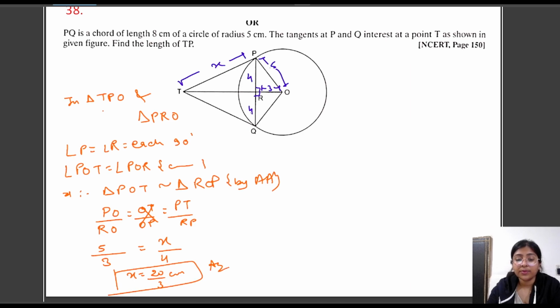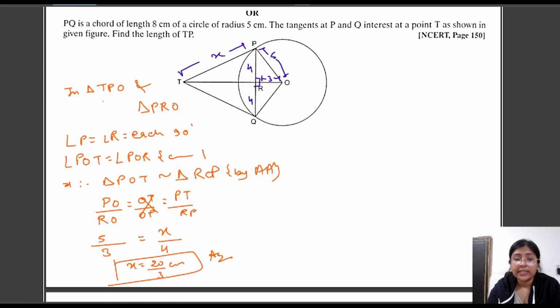Okay, learners, is this question clear to you? Or we can apply Pythagoras theorem 2 times to find the value of x. Either we can prove it this way, or we can find the value by this method, or we will use the substitution method also.